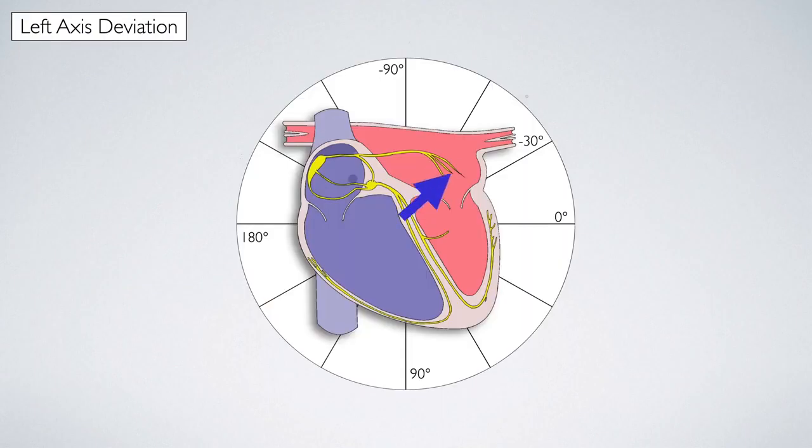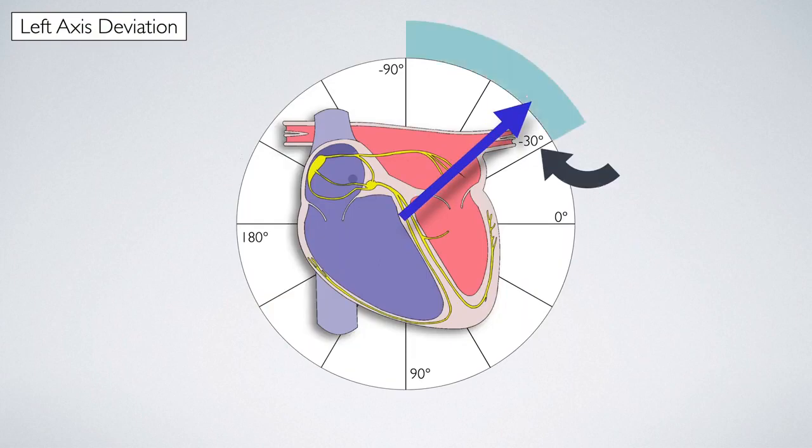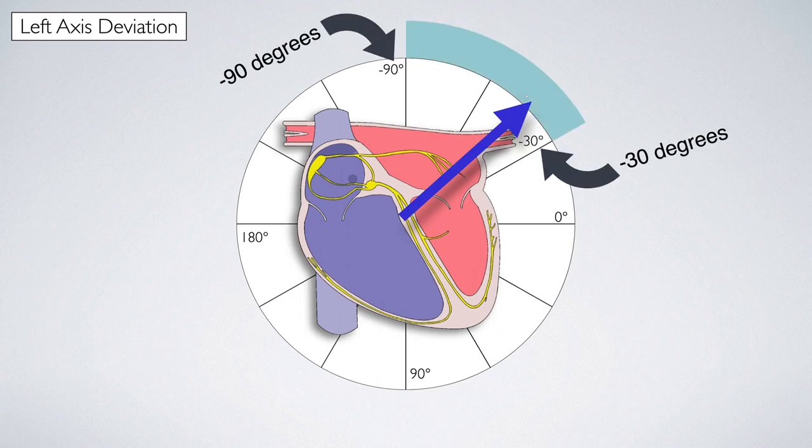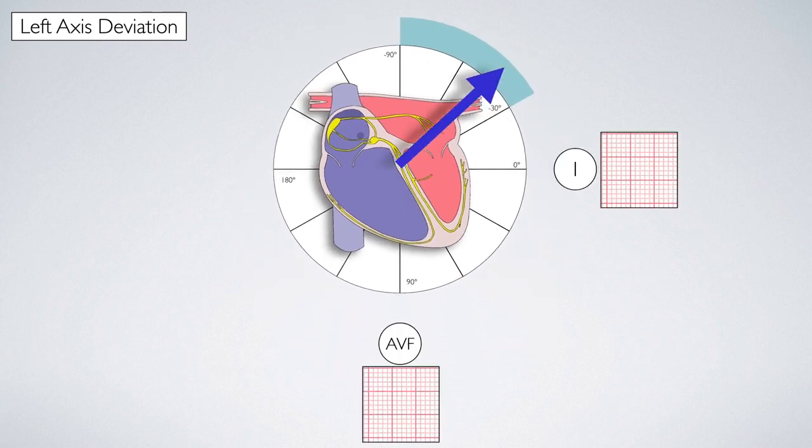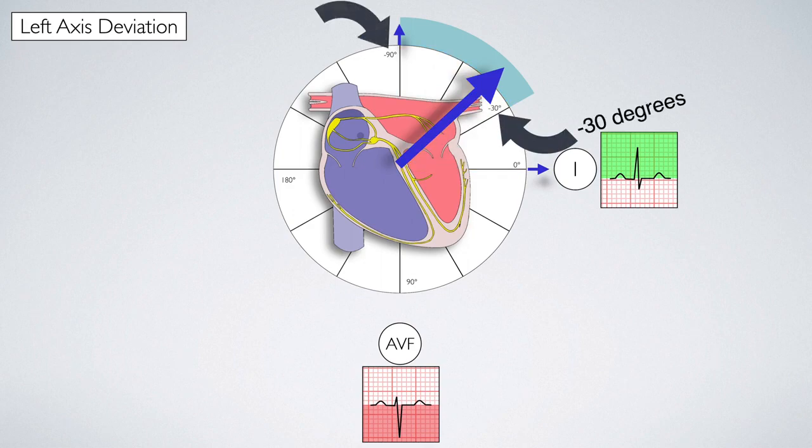Now let's shift our focus to left axis deviation. This occurs when the vector of electrical activity moves towards the left side of the heart and falls between -30 to -90 degrees. As the electrical activity moves towards the left side of the heart, lead 1 becomes positive, whilst lead AVF turns negative. These outputs tell us that the cardiac axis falls somewhere between 0 and -90 degrees in the highlighted area. But to confirm left axis deviation, we need to be certain that the axis falls between -30